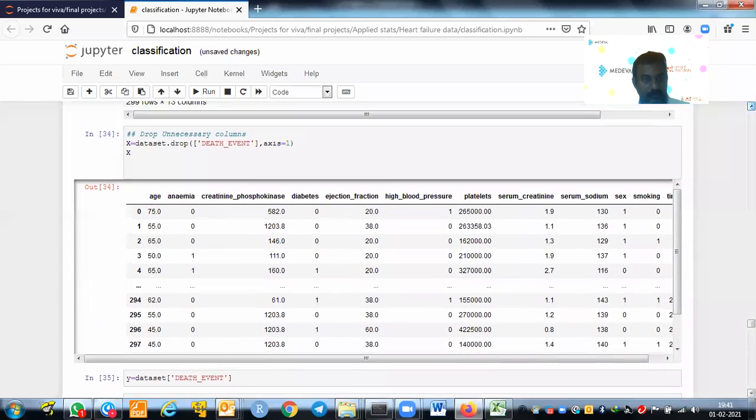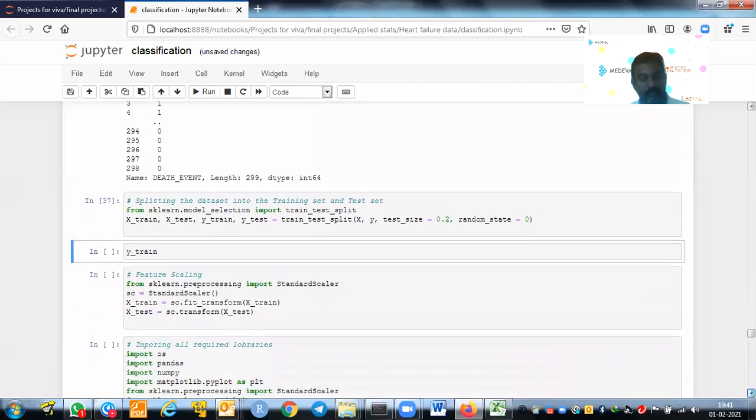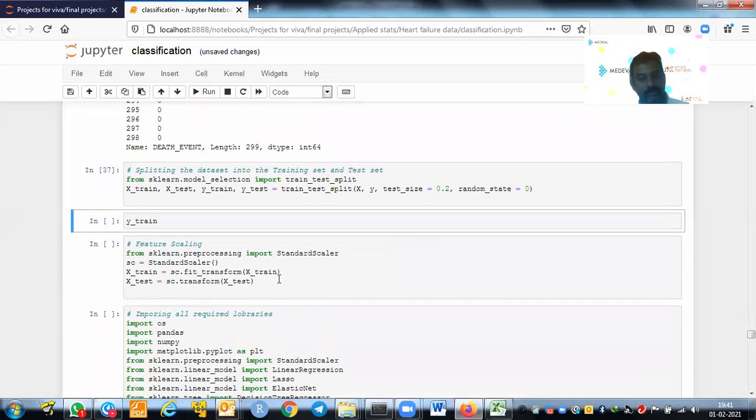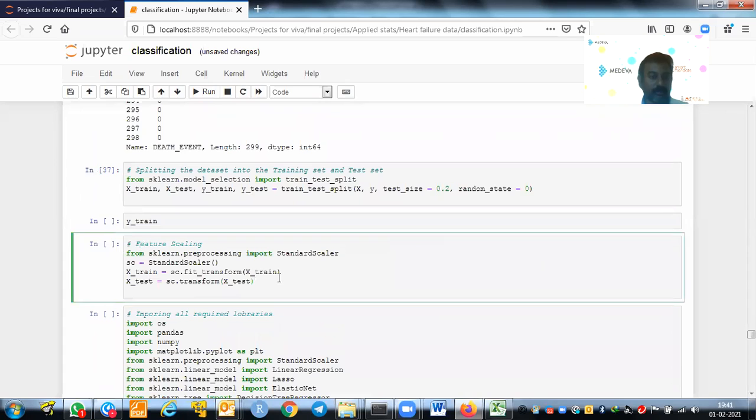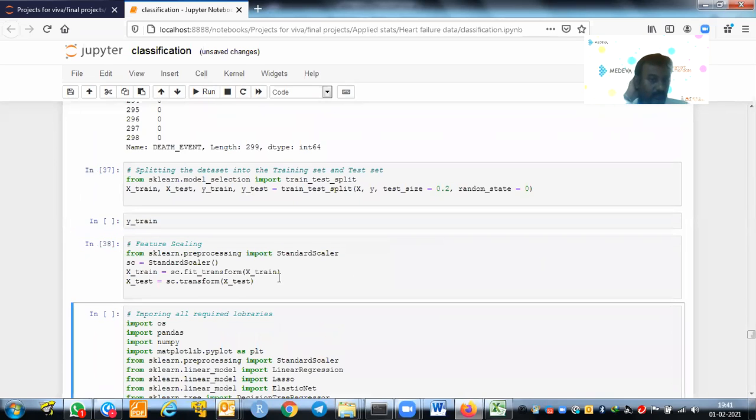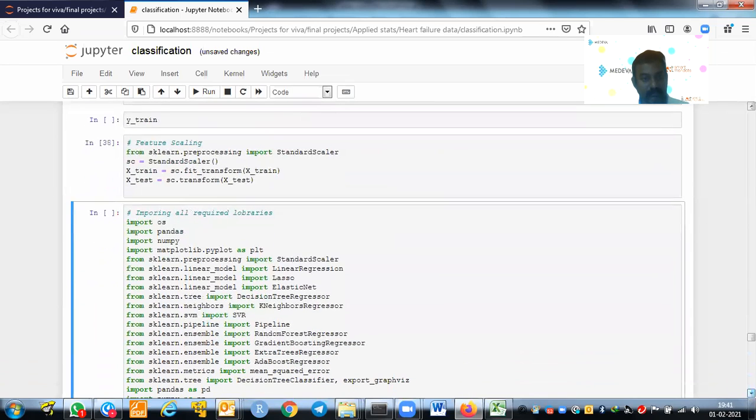Here, if you see, even the anemia is 0, 1, you don't need to dummy code it. Diabetes is also 0, 1, you don't need to dummy code it. Blood pressure is also 1, 0, that's why you don't need to code it. That's why we are not dummy coding any categorical variable. If you see the continuous variable, we have to transform it to the same unit. That's why we are doing it on train and test. We are basically making them into standard scalar, mean 0, standard deviation 1. That's why we are putting all units at the same level.